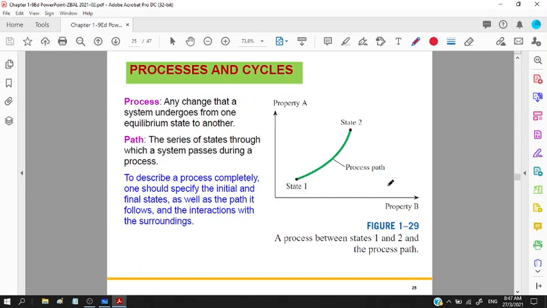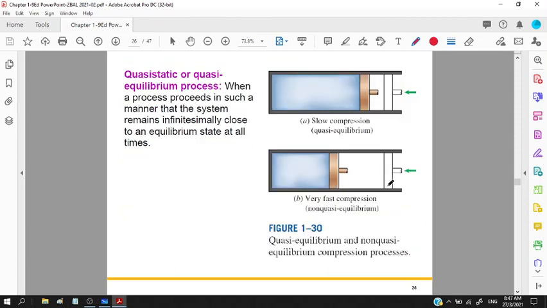And the path could be isobaric, isometric, isothermal, and so on. This changes from state 1 to state 2. The process happening is a very slow process. Why? Because we want the changes of properties to be very uniform. And this type of process, a very slow process, is also known as the quasi-static or quasi-equilibrium process. So this is the assumption made.